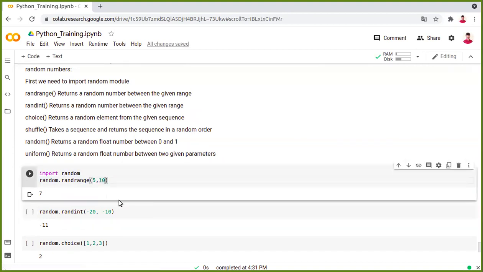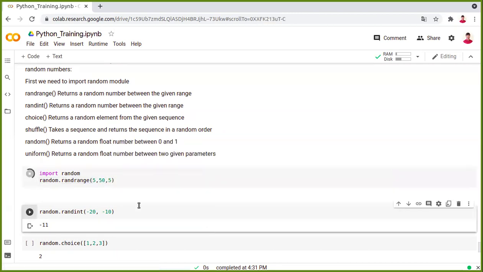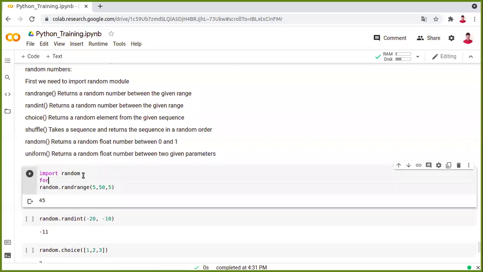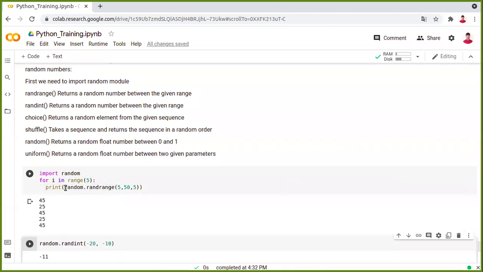Okay. Now let us see. I am using 5, 50 and again 5. Let us just observe the outputs so that we can understand. For understanding, I'll print these values in some range. Let me say I'll print for 5 times. So what I am doing here is I am printing some random values in the range of 5 to 50